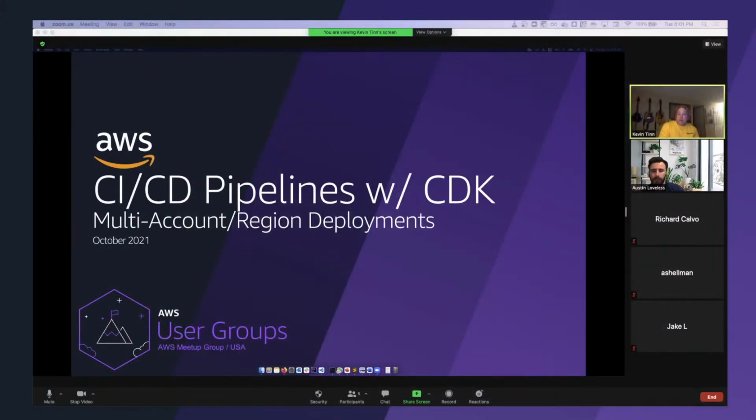Rehash for people that weren't able to join. Austin created a GraphQL Lambda-based application, and then used CDK to create a pipeline to deploy the application. And so with this meetup, we're going to go ahead and build on that. Take that API that was deployed as part of the last meetup that we did, and then start looking